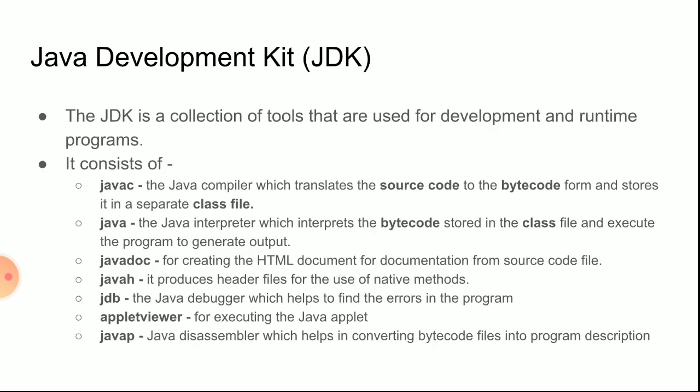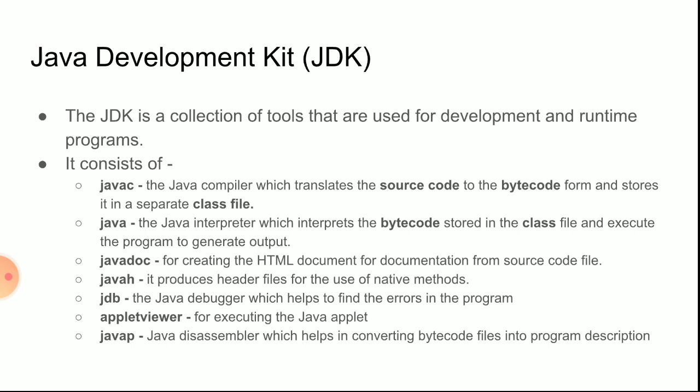Java Development Kit. The JDK is a collection of tools that are used for development and runtime programs. As I already mentioned, JDK is used to compile the program. If you have made any syntax error in the program, JDK will find out the errors that you have made, and it will be notified to the programmer so that he can make the correction. It consists of javac, java, javadoc, javah, jdb, appletviewer, and